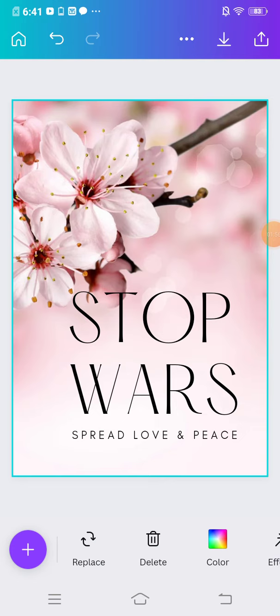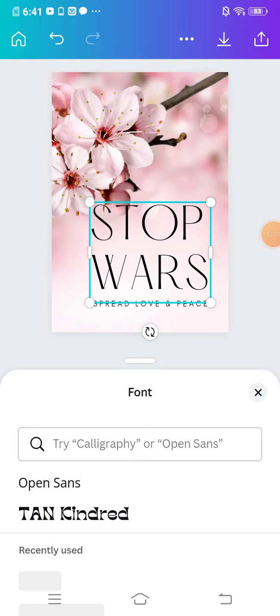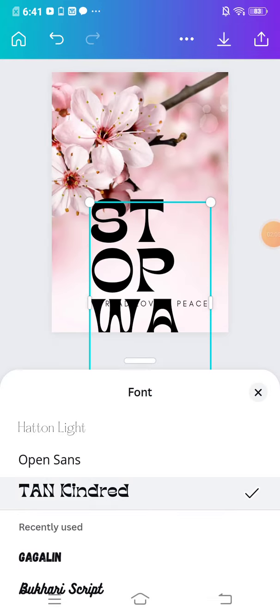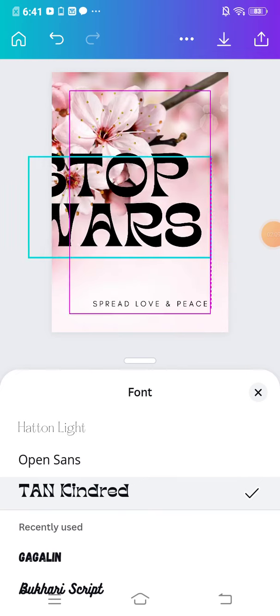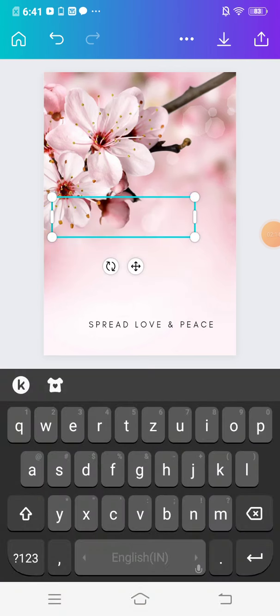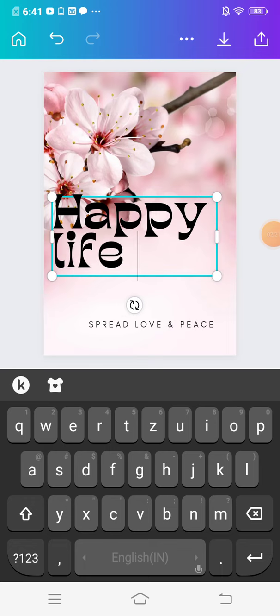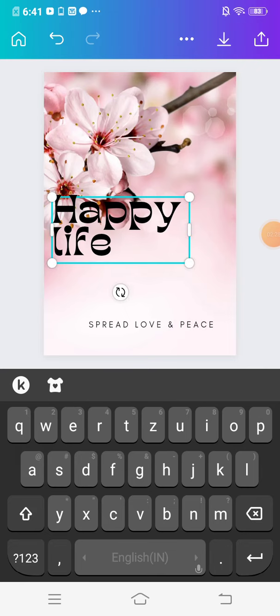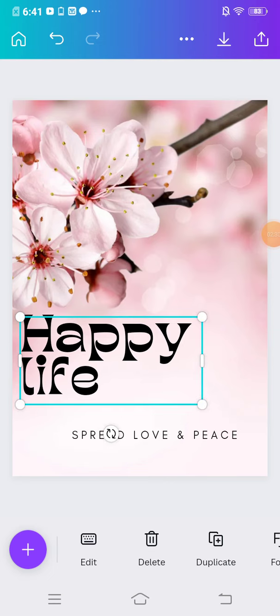Now just keep changing the font style, going to the font section, and click on that one, and now make significant changes to the text. For example, happy life. Okay, now you have to make it smaller, place it here, now again selecting it and placing it here,